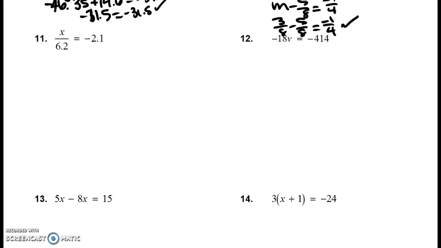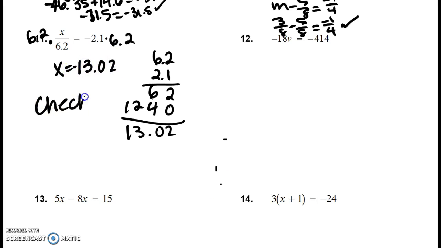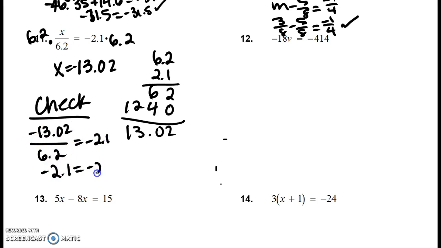Number 11, x divided by 6.2, so you need to multiply both sides by 6.2. And if you do that off to the side, 6.2 times 2.1 is 13.02. So x is equal to 13.02, and that should be negative. Check step. Plug in your value, and then you do that long division, and you should see that you do get negative